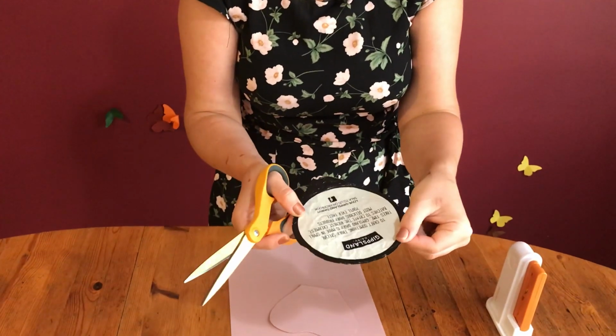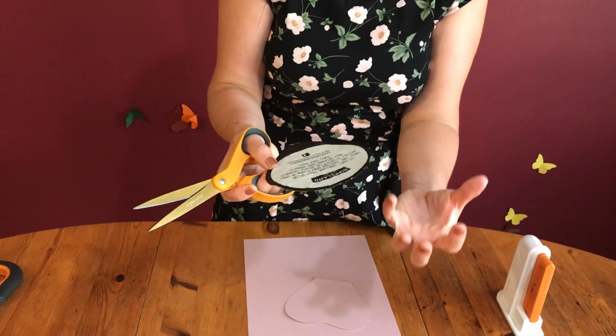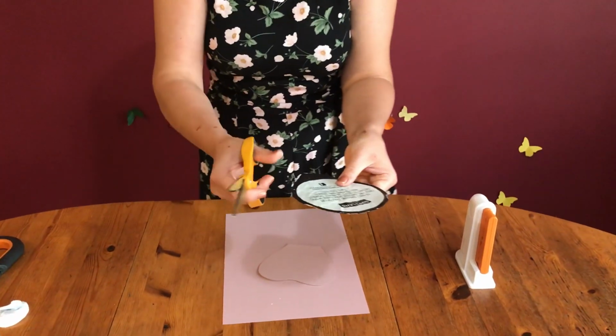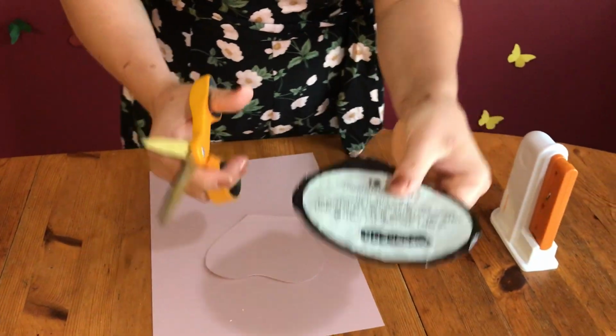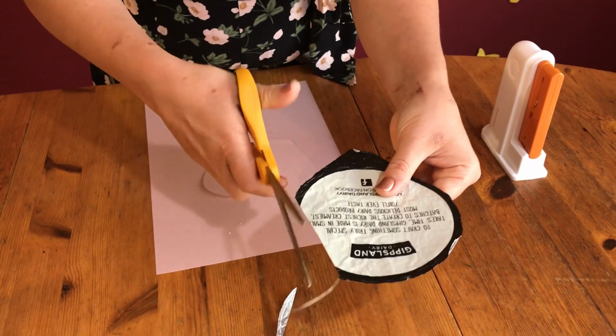What I do, I collect stuff like this. That's just a thin aluminum lid which covers the plastic pod. You know, when you buy yogurt or sour cream or any other products from the supermarket, they have this type of lid on the plastic pod. So when I take them off, I just wash them and keep them in a special box. And when I need to sharpen my scissors, what do I do? I just cut these tiny, tiny, tiny